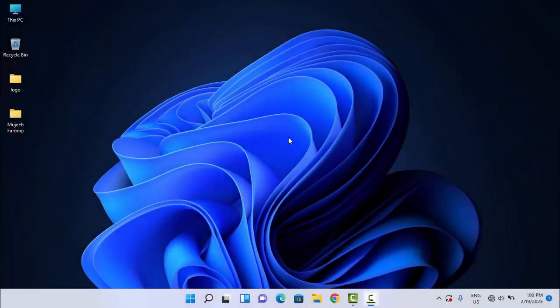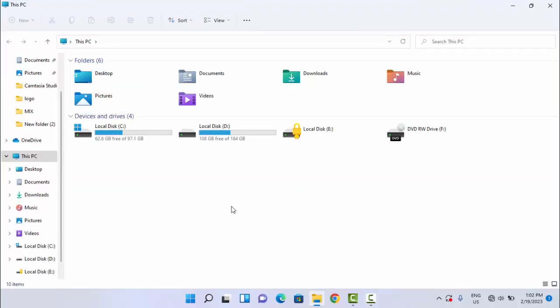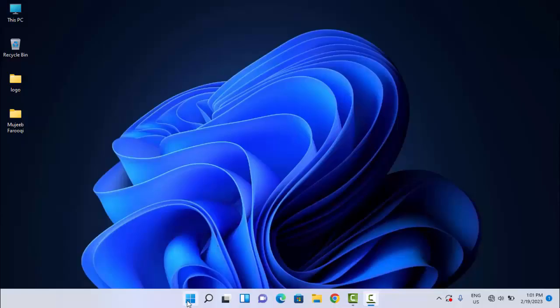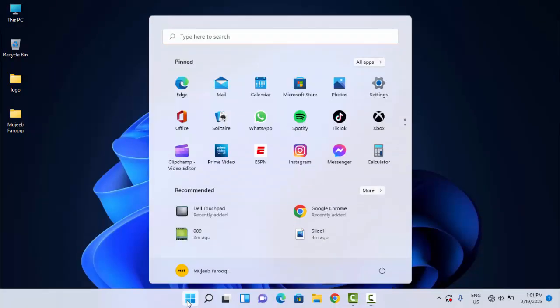This screen is totally light and it can consume my charge and affect my eyes, so I would like to change this into dark mode. So simply we click on the start menu. On the top you have settings, so once we click on settings,